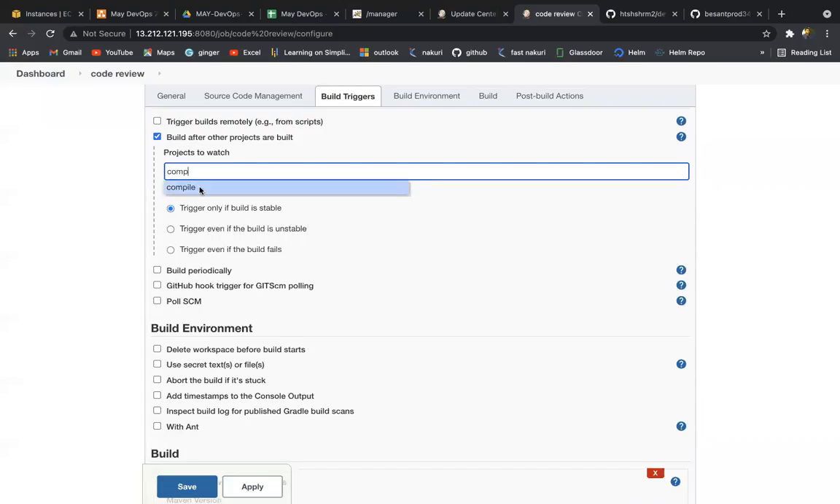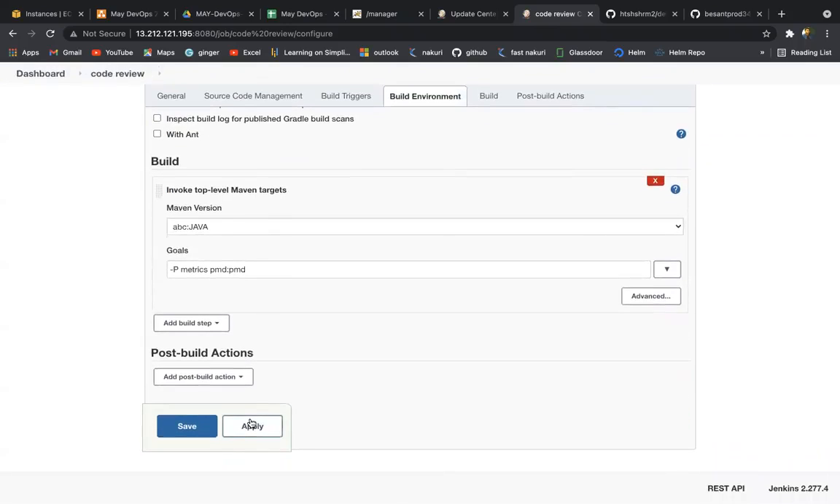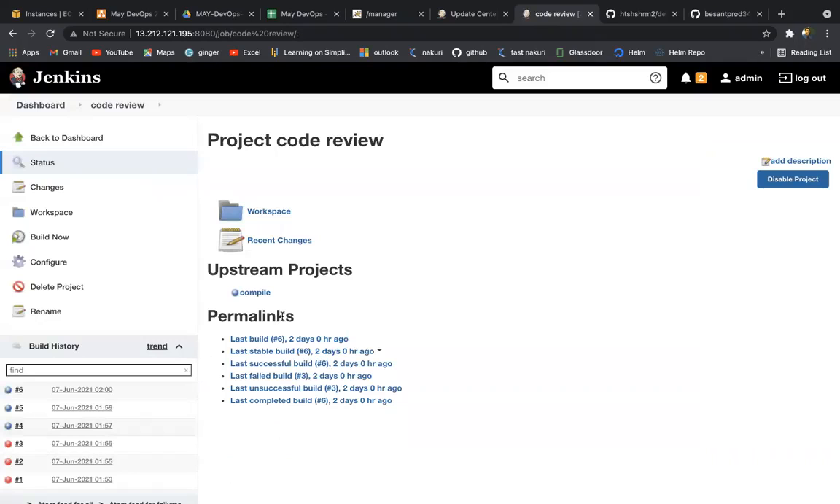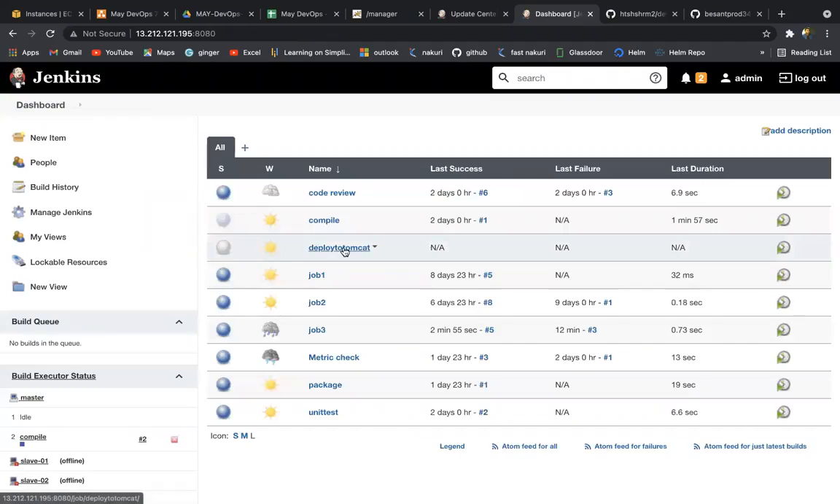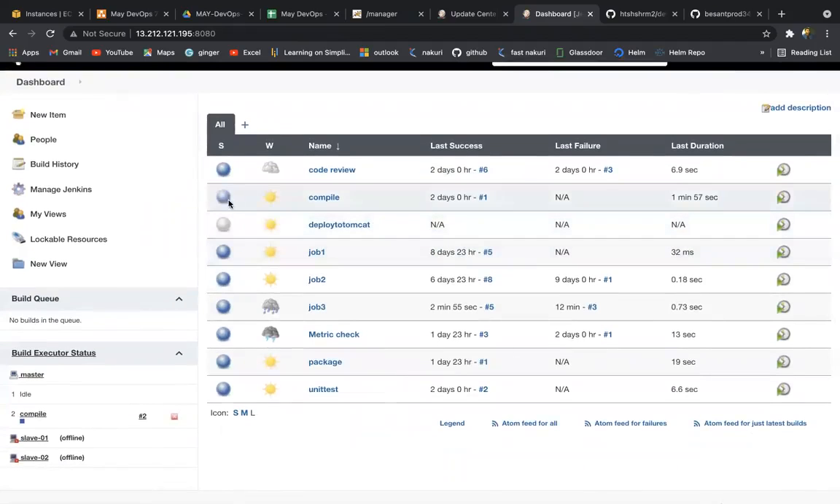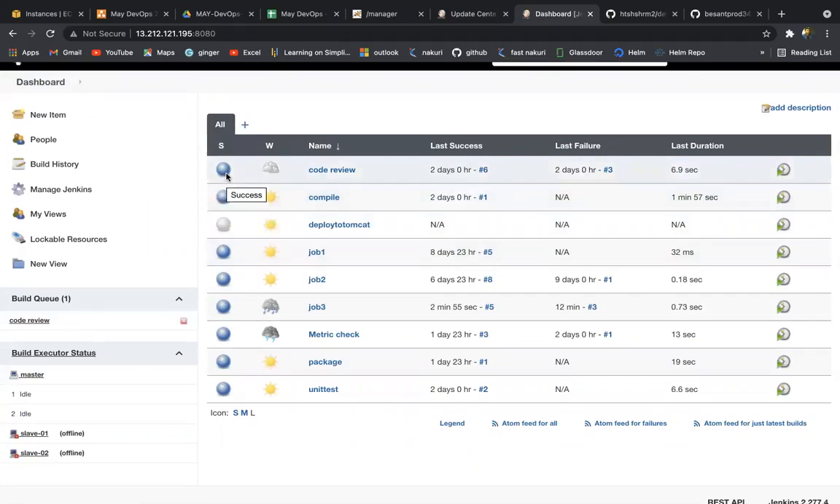compile. Correct, that is the upstream. So after build compile, code review has to trigger. I'm just going to apply. See, you can see upstream, which is compile. Go back to go, see, automatically the timer started to trigger. Now,